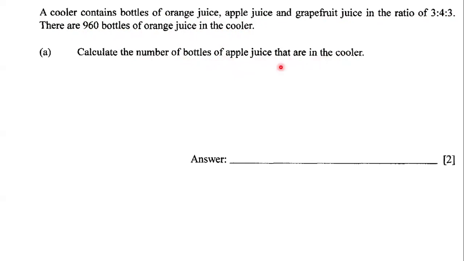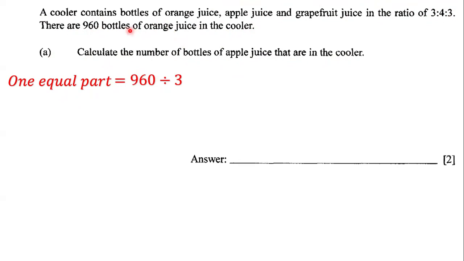in the cooler. The first thing that we're going to do is determine what is one equal part. In order to figure out what is one equal part, we're going to say 960 divided by 3. Now, why are we using 960? Because they said that there are 960 bottles of orange juice in the cooler. And so orange juice accounts for 3 equal parts, apple juice accounts for 4 equal parts, and grapefruit juice accounts for